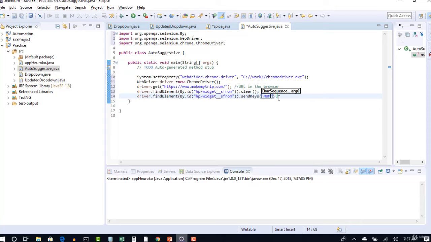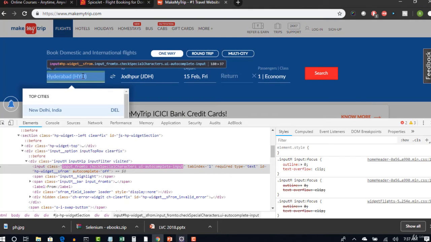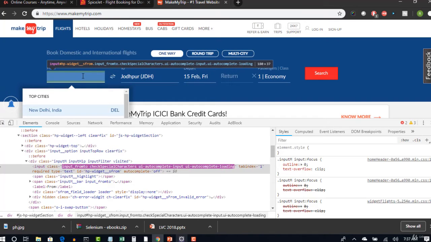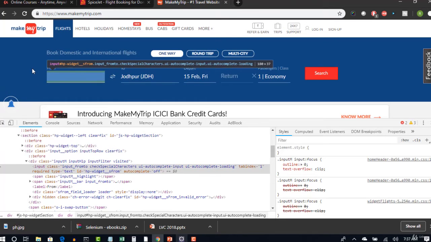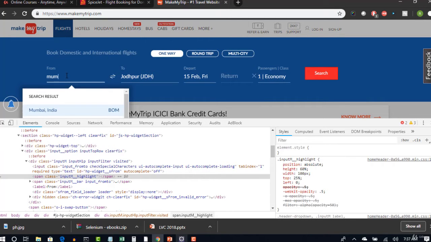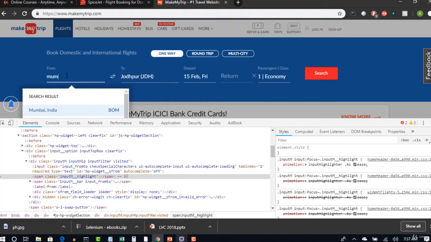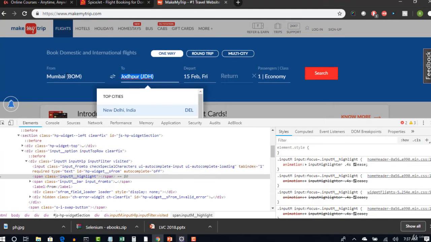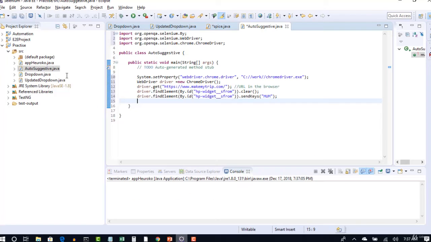You want to select Mumbai. Okay, so what you did now, you wiped out all the data through Selenium test and then you typed MUM. After that you have to select Mumbai, so simply hit an enter because the first one is default highlighted. You see that Mumbai is getting selected.